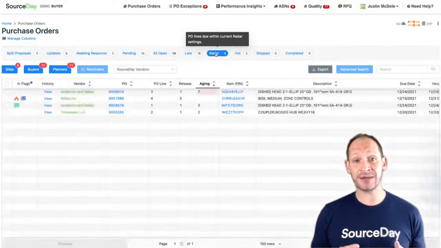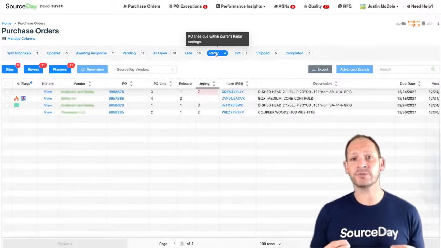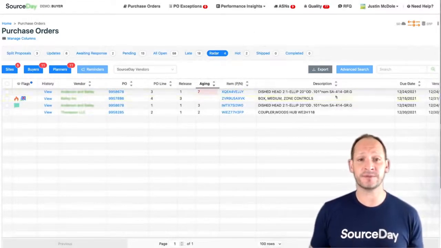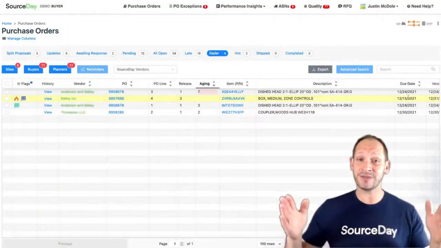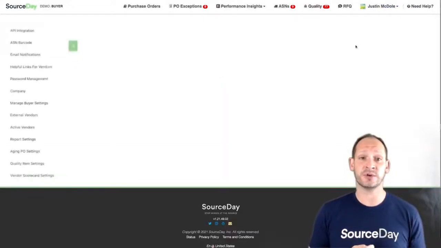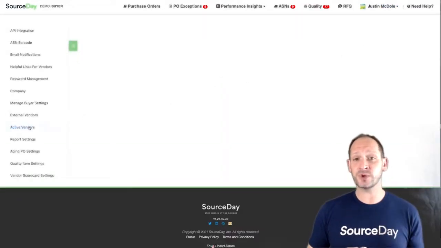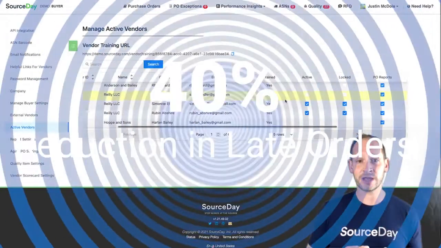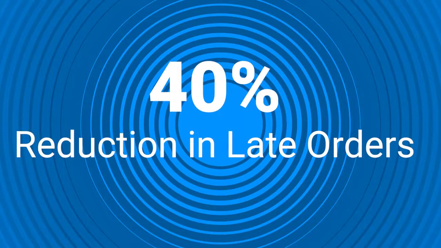This is giving you the option to define the final order confirmation notice period required by a supplier. This can be varied by supplier as well. So an international-based supplier might have a long radar period versus a local supplier down the street might have a shorter radar period. This proactive approach and this consistent reminder to the supplier has helped our customers with a 40%